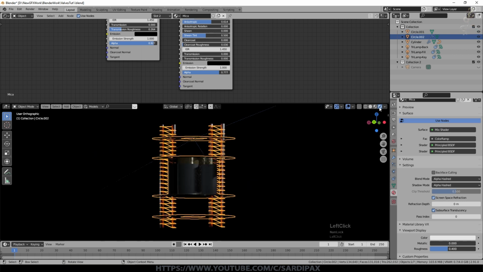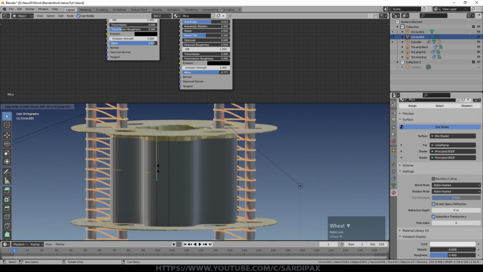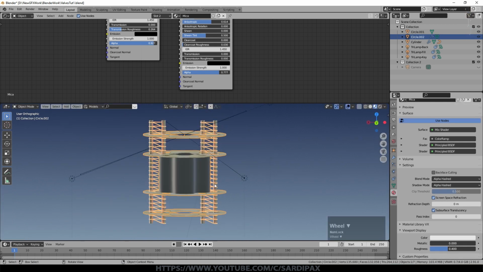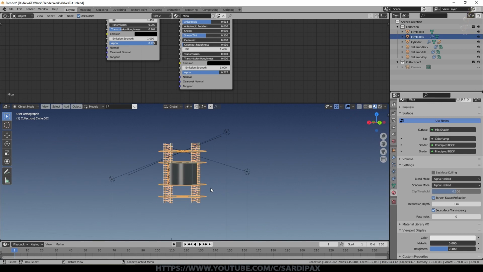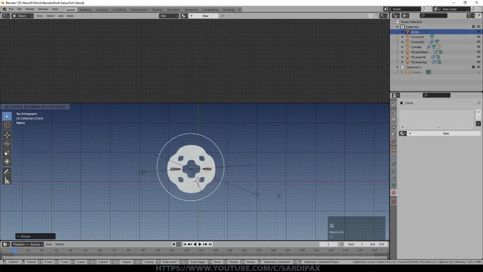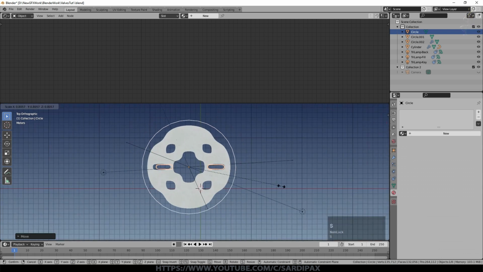So notice there's a little bit of an issue here with the material. So if we add another loop, we can then just drag that up like that, and that fixes that issue sufficiently at least. And then we need to move on to our enclosure, so the glass encapsulation. So I'm going to add a mesh circle, and we'll put that about the center of the object, and just needs a little bit of a gap.